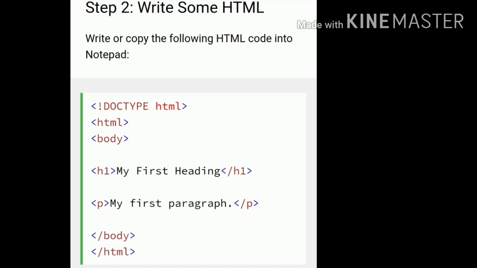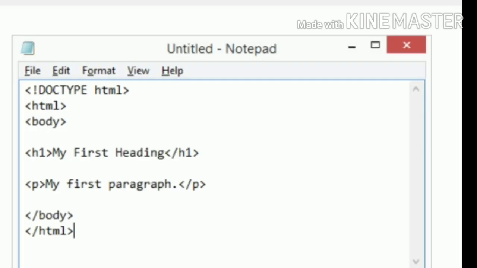Then you write the paragraph: the opening p tag, my first paragraph, and the closing p tag. After that you close the body tag, and then the html tag.